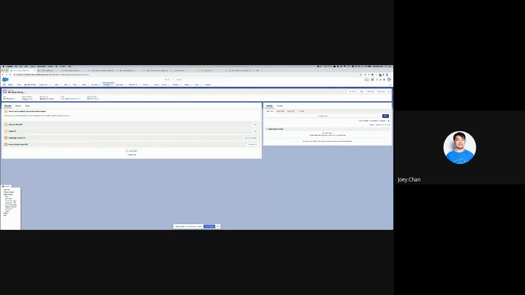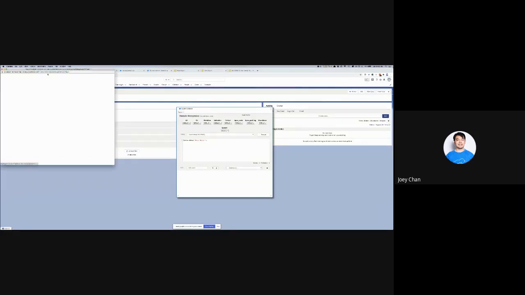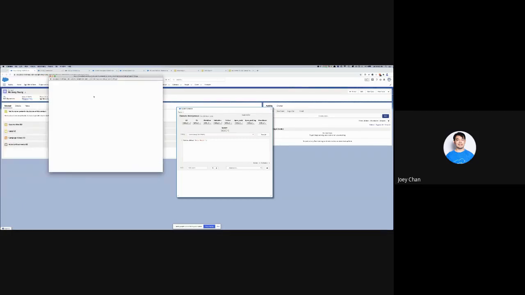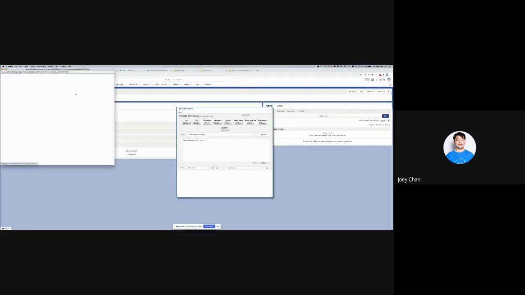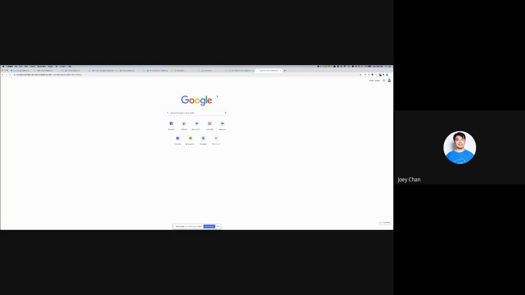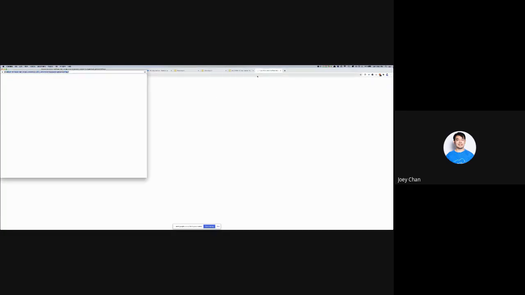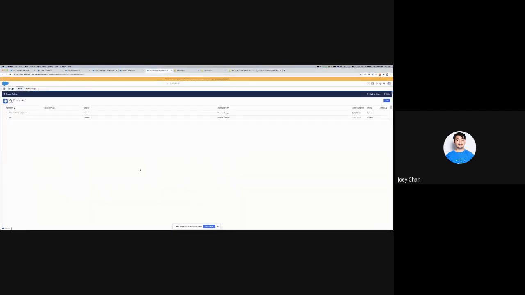And then one of the things, I'm not sure if you're aware, that you can do using developer console is execute Apex code within Salesforce, right? In order to test things. For example, you have some code and you wanted to test that. You could simply open up developer console and then let's see. Let's wait for it to load up. Let me try it again. I'm not sure why it's not loading up, but my point is, whenever you need to run Apex code,